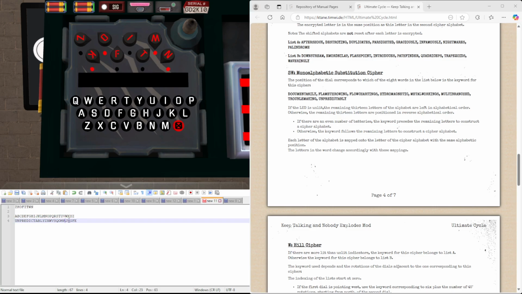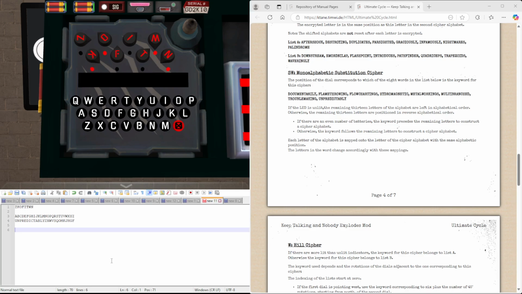A doubled up letter somewhere. Yes. And then each letter of the alphabet is mapped onto the letter of the alphabet with the position. So since we're decrypting, we're going up the other way. So